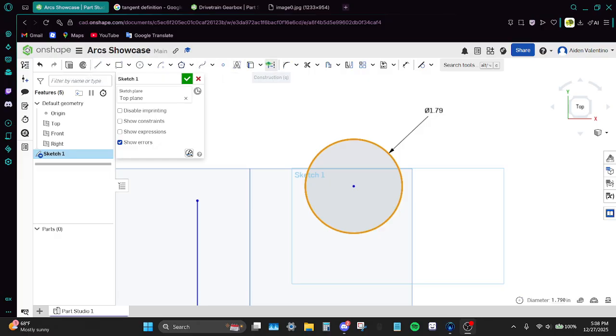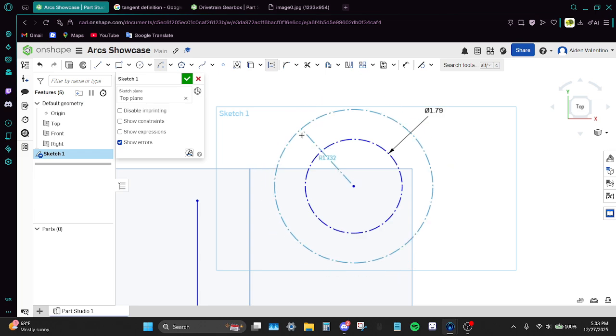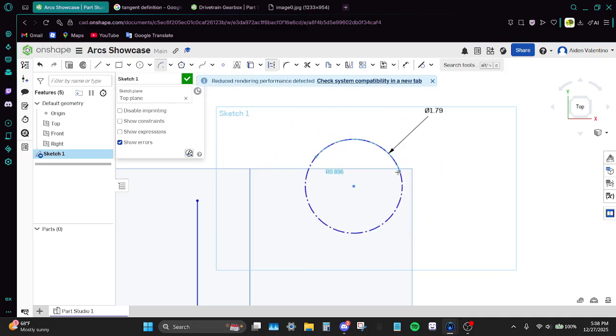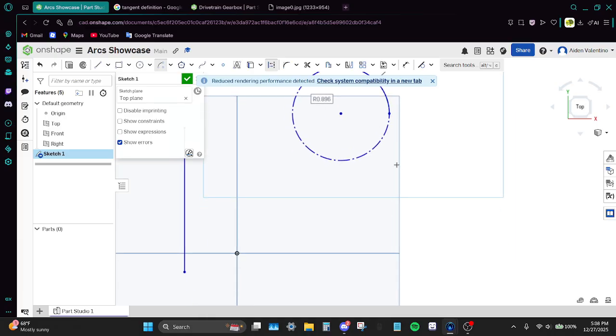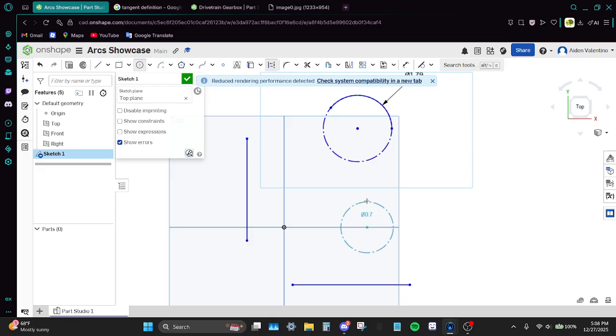Okay. If I wanted to do a center point arc, it starts at a center, and let's say this was a gear. This circle right here is a gear, and we wanted it to be at the edge. We can center point it to the circle, and we say we wanted to start right here and right here. So now we have an arc following that circle, and then we say we had another circle down here, and I was able to make another one of these. I can now make a line between these two,